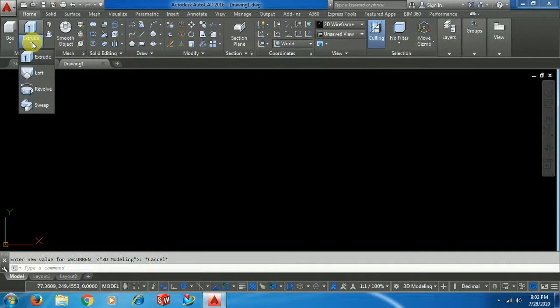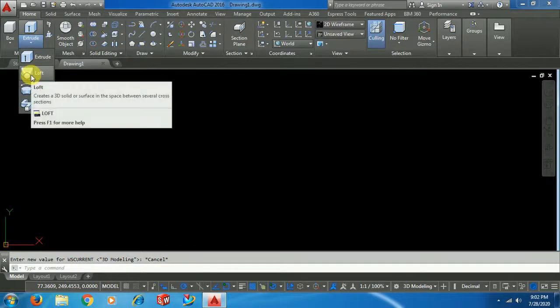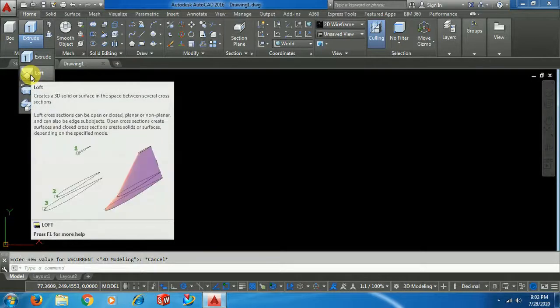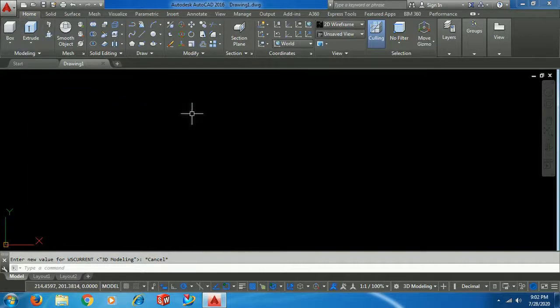Now the command loft creates a 3D solid or surface in the space between several cross sections. It adds material between two different sections. Say I want a circular section on one side, and at the end the section should change to a rectangular section or a hexagon.